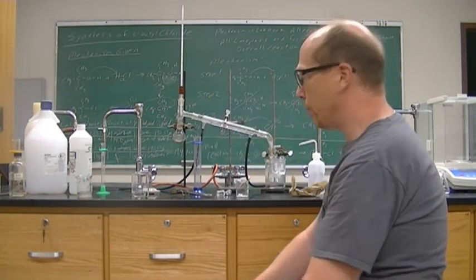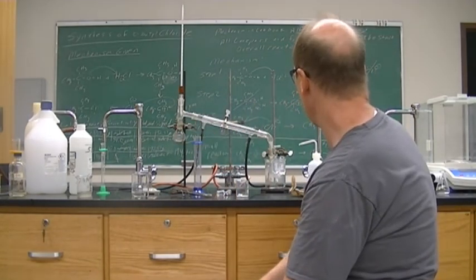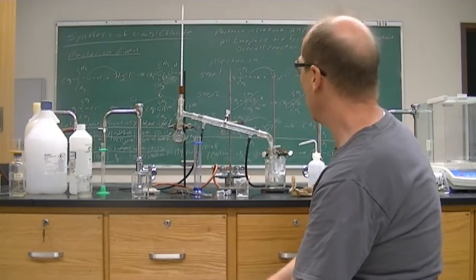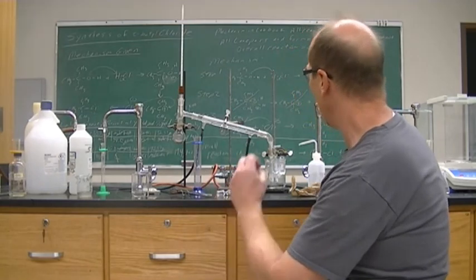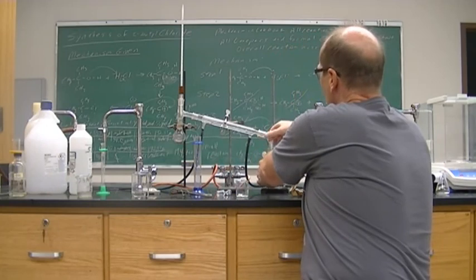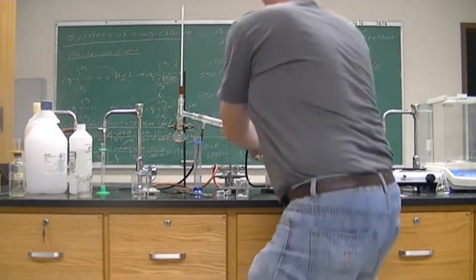All right, we could have gone with larger volumes. We could have done this at a slower pace. We could have gotten a higher yield. But again, this is how you would make t-butyl chloride. You would take your t-butyl alcohol and react it with your concentrated hydrochloric acid. All right, and so then to remove this,